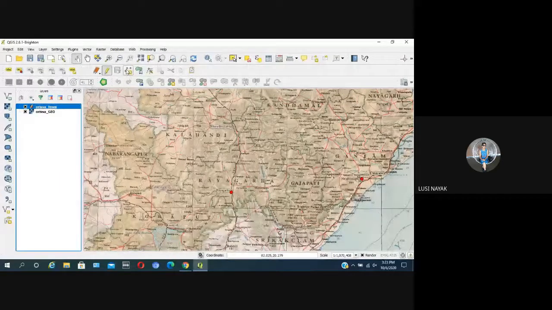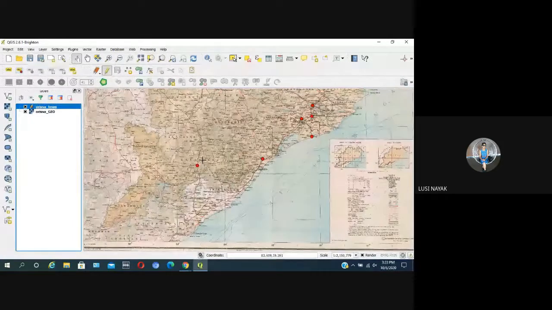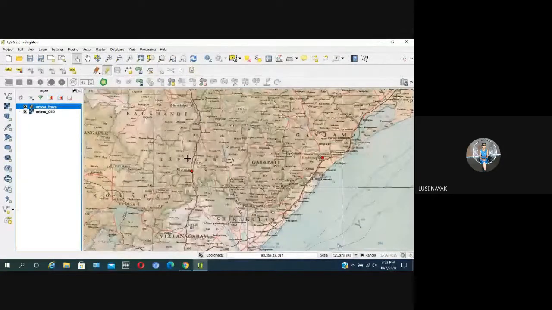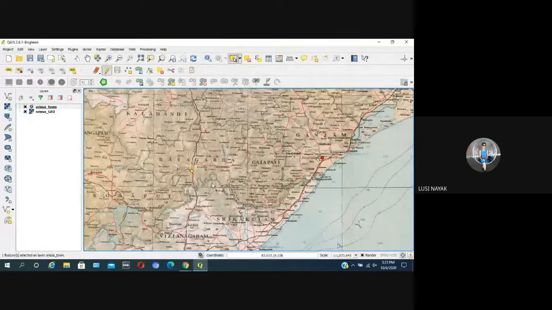Show how to remove the point. Once a point is put, how to delete that point, show them. Yes. How to select it, take the pointer, how to select it, and then how to delete it. Clear? Show it. Yes, Nilkumar, we are just showing how to remove a point. Go to select features. Then click. Select your point, any one point. By dragging a box, she has selected the point.